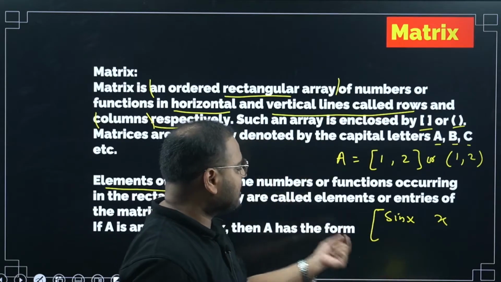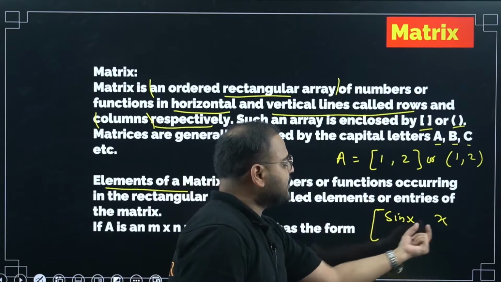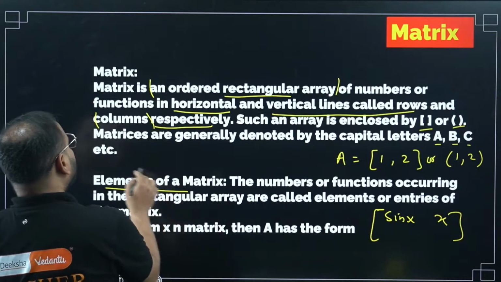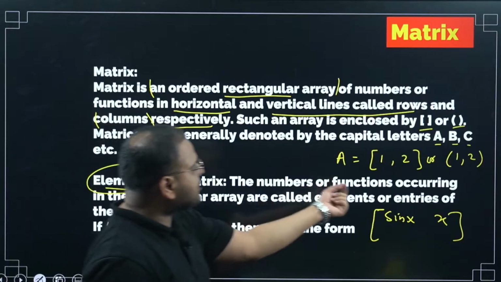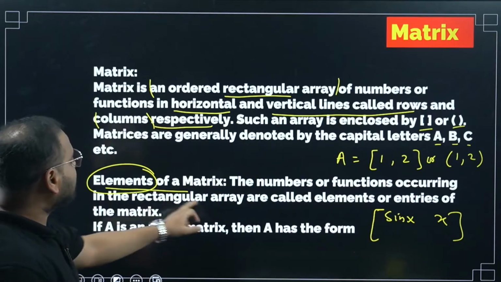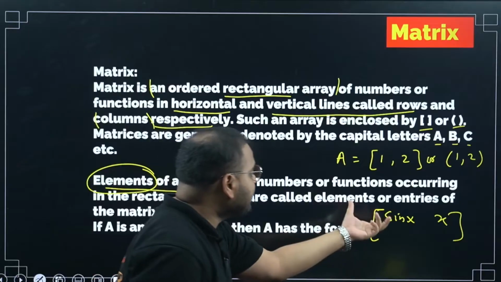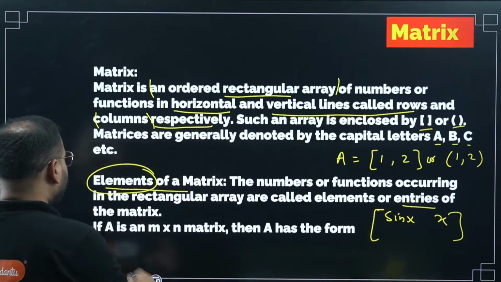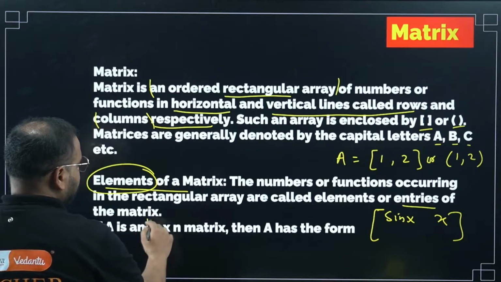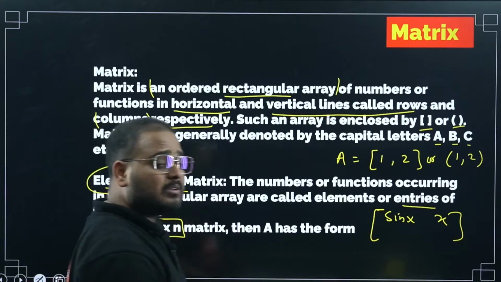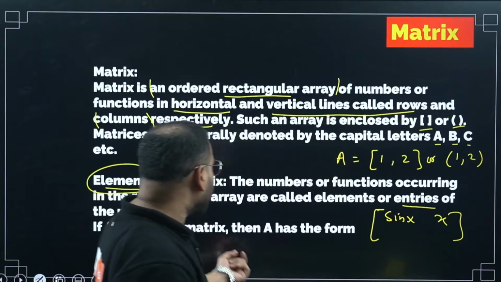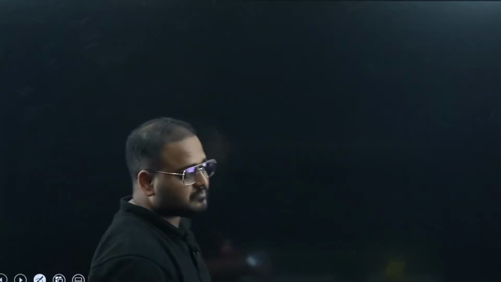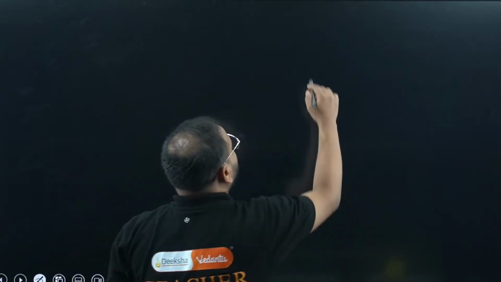So whatever entries come in place of these spaces provided in the matrix or in the array are called elements of a matrix. The numbers or functions occurring in the rectangular array are called elements, or the entries. Elements are simply entries of a matrix. Okay. So if a matrix is m cross n matrix, what is the meaning of m cross n matrix? It means number of rows is m and number of columns is n. So what is the meaning of this? Basically, if the matrix is written as